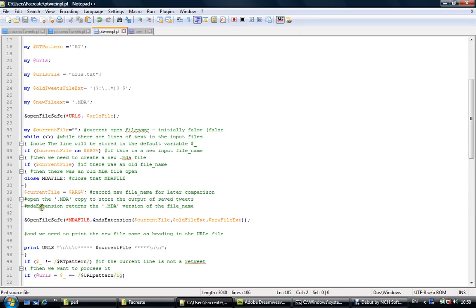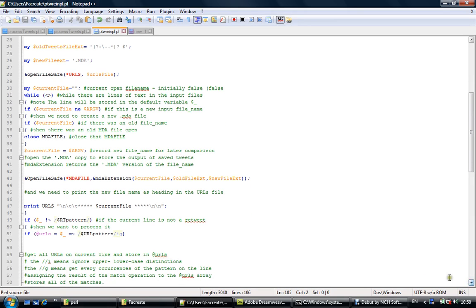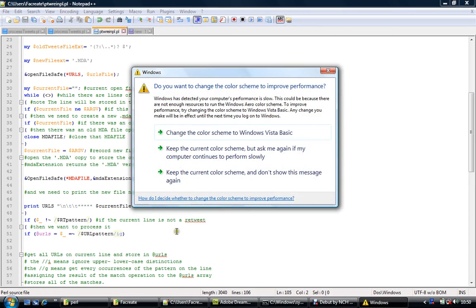Our function mda extension returns the .mda version of the file name, which we did earlier, and we need to print the new file name as a heading in the URLs file, that is our current file name. So we have a regular expression here to match our rot pattern. If the current file name is not a retweet, then